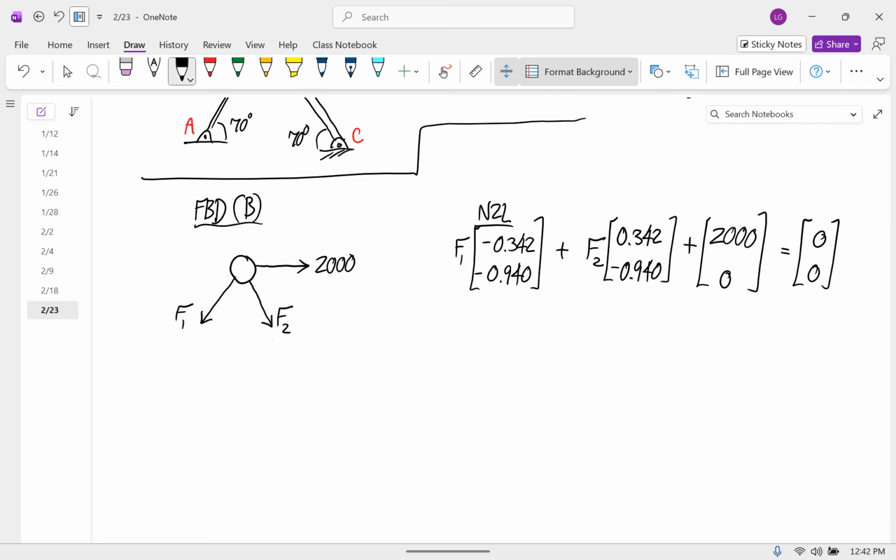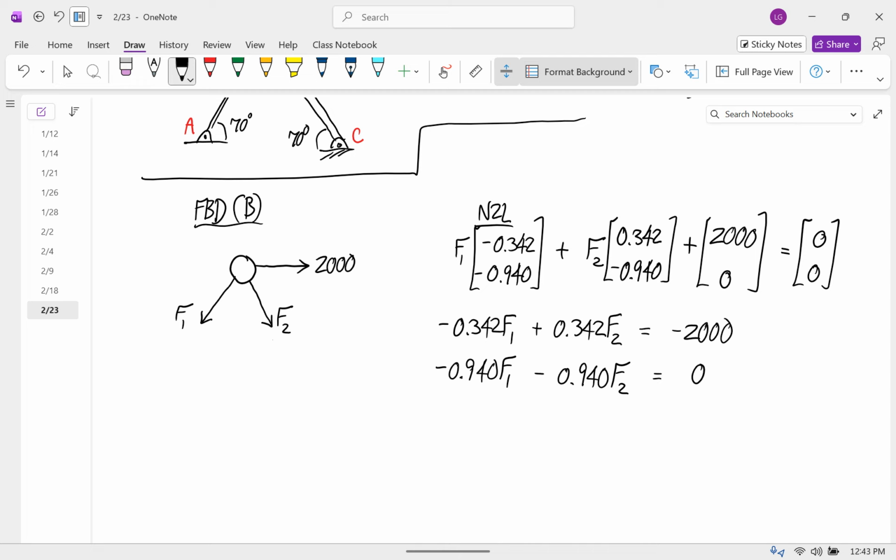And so we have two equations: negative 0.342 F1 plus 0.342 F2 is equal to negative 2,000. And the second equation says negative 0.940 F1 minus 0.940 F2 is equal to 0. You can see from the second one that F1 and F2 are just opposites of each other. Substitute that in, and what you get out of this system